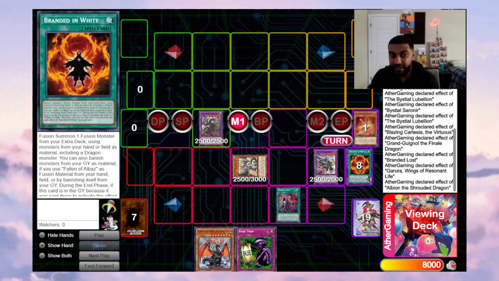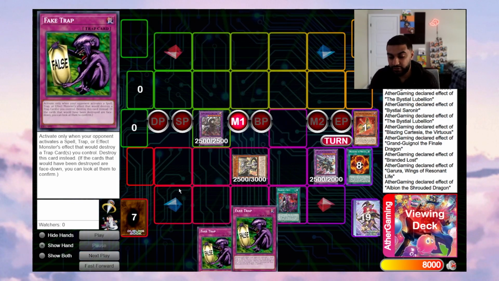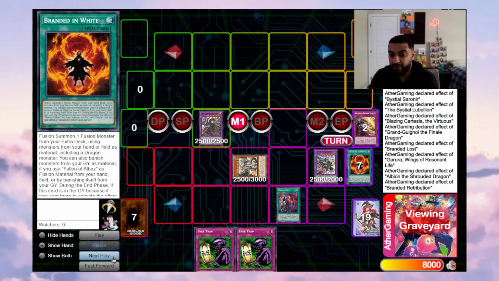So we go ahead, we send Branded in White. I'll explain that card very shortly. And then this card will go ahead and go to the bottom of our deck. And then again, I add the other fake trap just to show you that we've drawn two cards in this combo. And then again, you don't really shuffle but it doesn't matter. But then we use Branded Retribution, which lets us banish and basically get a card back to our hand,